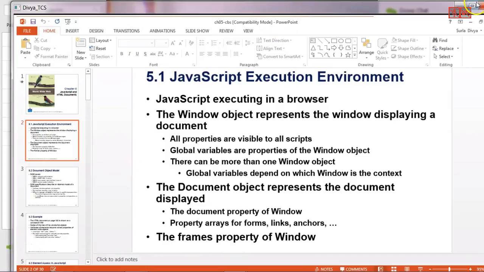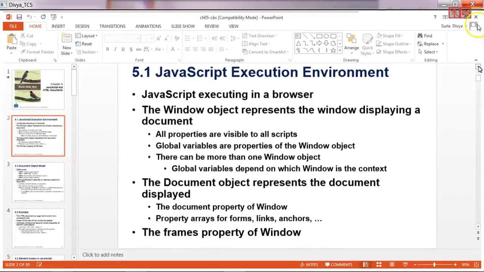Like in our browser, we have the JavaScript interpreter. With the help of that interpreter, the browser understands what has been written in JavaScript. And the window object represents the window displaying a document. So in our previous class, we discussed the window, and in the window we have the document